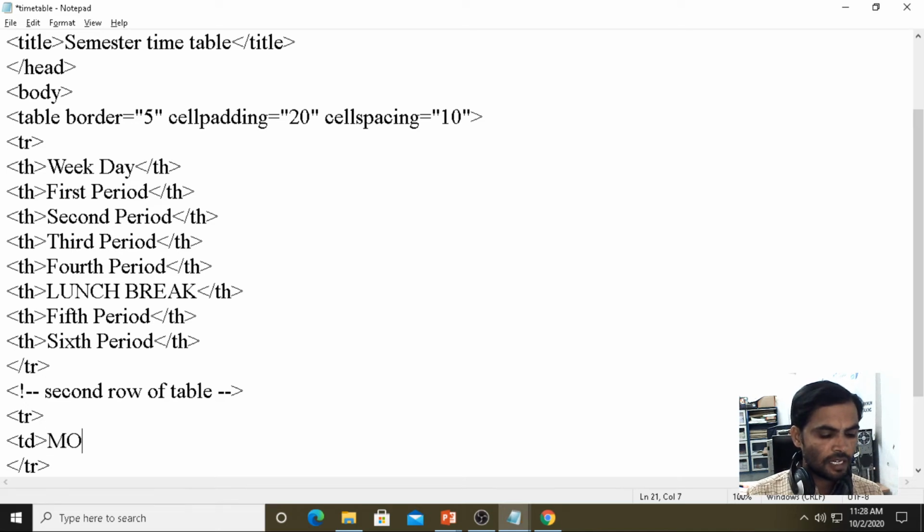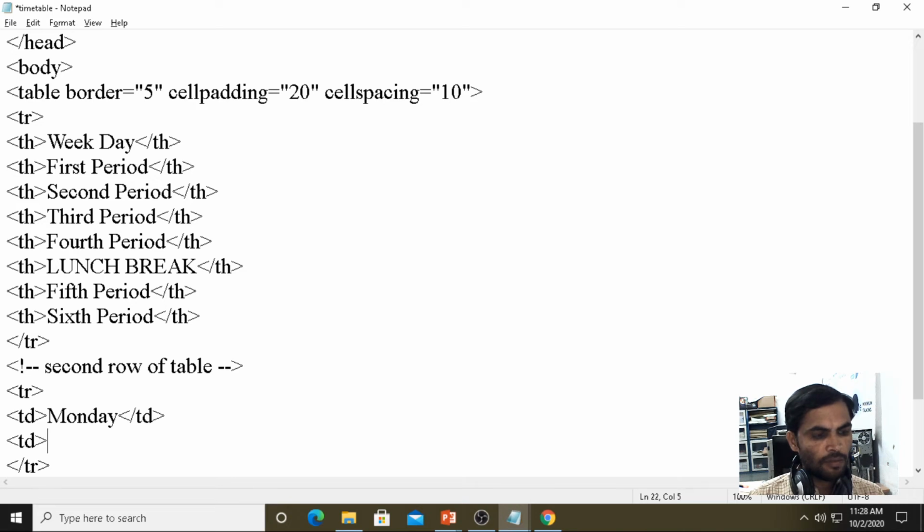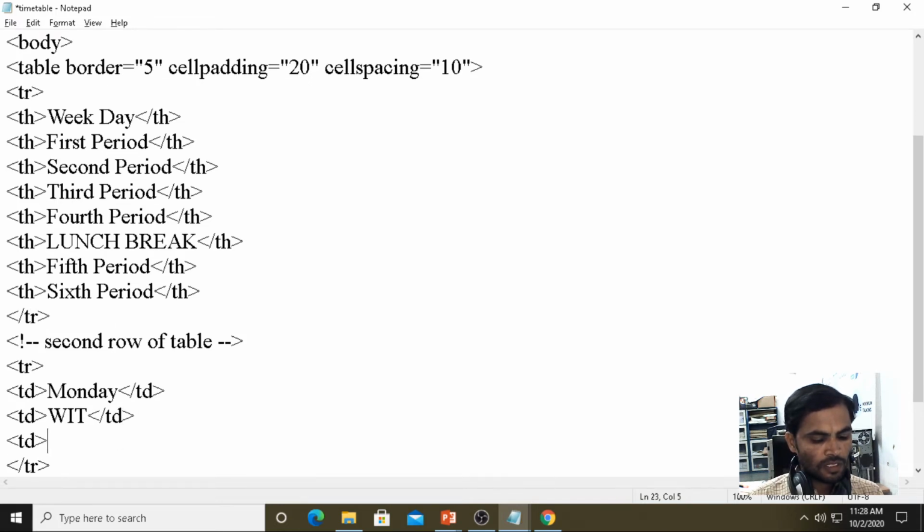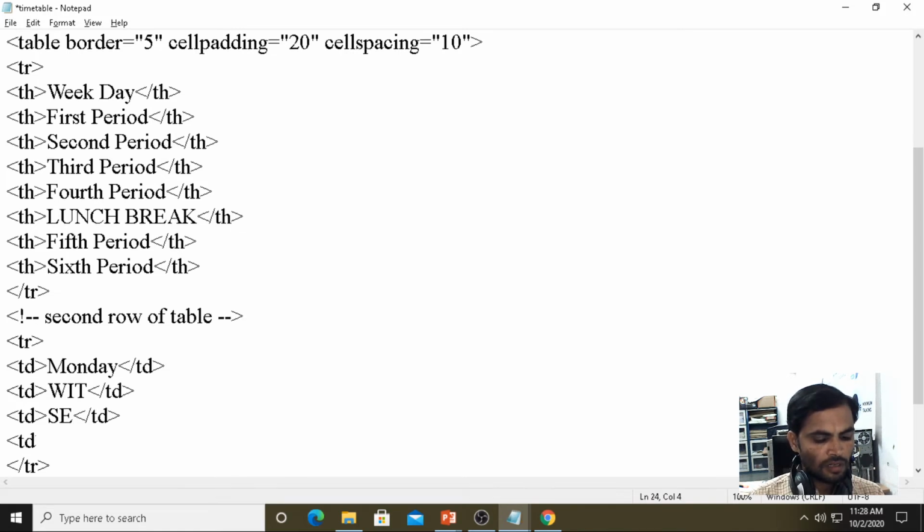The table data I am taking as Monday. Then table data, first hour we are having Monday VT. Then TD, second hour software engineering.